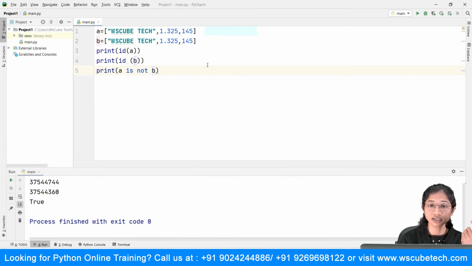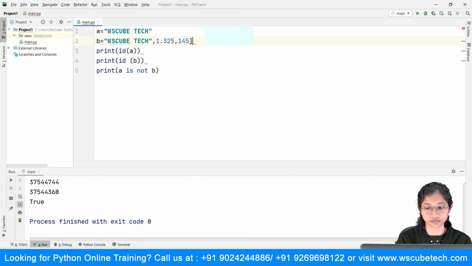So you can do this thing with the simple string as well. Suppose I have the string, all right, I will just make this a string. Now in this case, it will return false because, as you can see here, the memory addresses are the same and we are making use of is not.